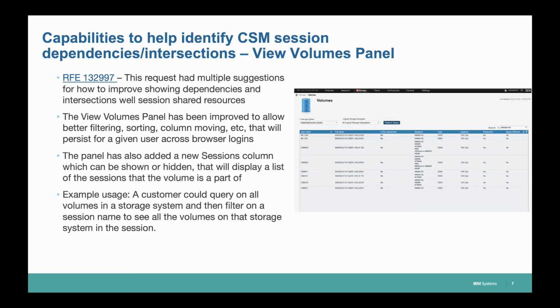What this one was is they basically wanted a way, because CSM in the last few releases has added the ability to manage multiple sessions, so you can manage different volumes differently but include them in a broader session, either a hyperswap session together, so you can have an MGM and an MM session, both with their MM pairs in the same hyperswap session in the sysplex, or for global mirror, if you need to have more than one set of global mirror volumes within the same LSS, you can actually manage them separately in CSM through separate CSM sessions,